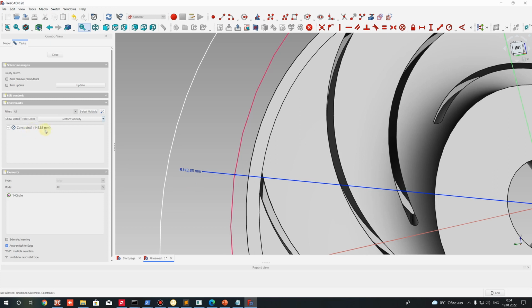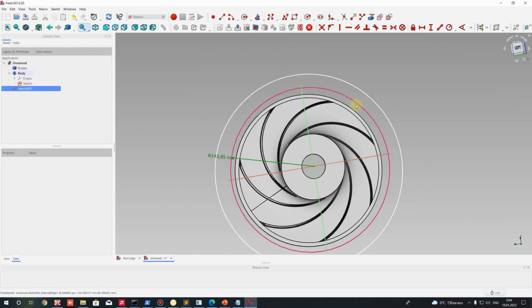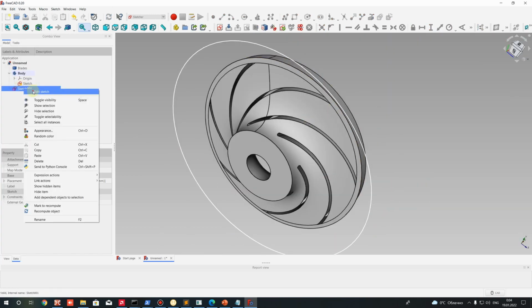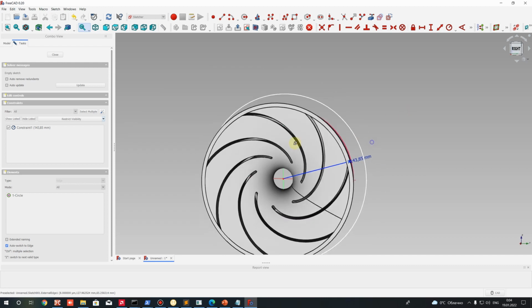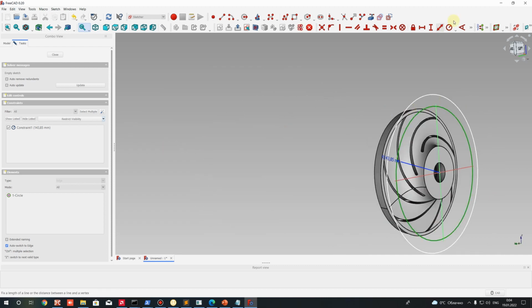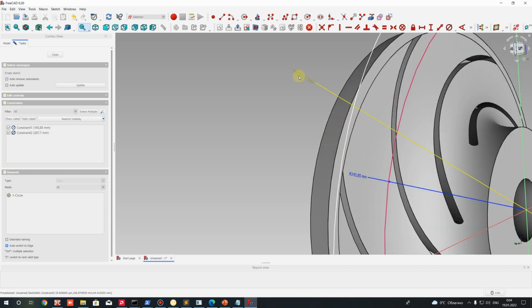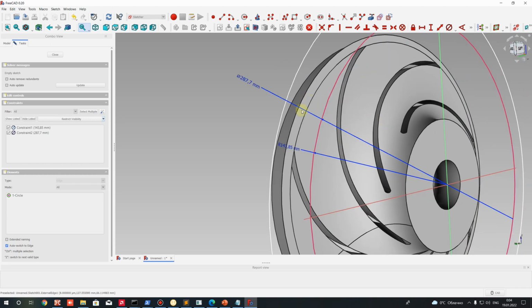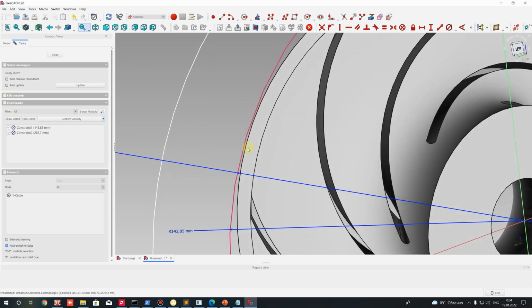You will get this radius. If you want to find the diameter, you can also choose this circle and find the diameter, set it here. You will get this value. This is the external diameter of our CFD domain part,